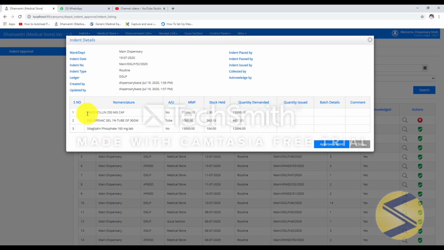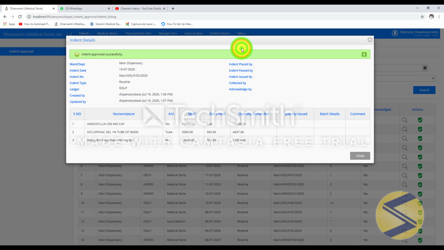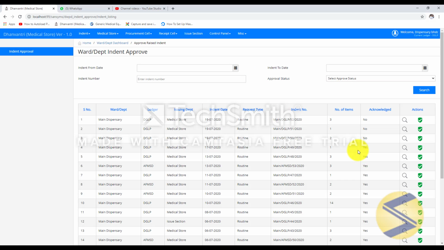You can see the details of your indent and you just need to click on Approve Indent. Click on OK. So you are done with indenting part and this indent has been forwarded to medical store.